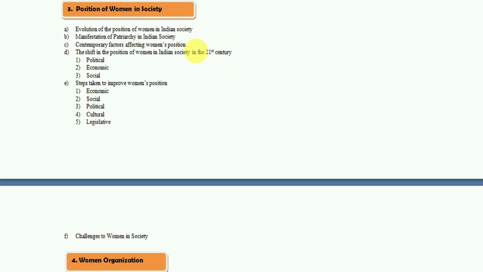So what are the factors of that, and how are we able to find that shift? What is the manifestation of all this shift? Whether it is political manifestation, social manifestation, economic manifestation, cultural manifestation, psychological manifestation, what are these? All these things we have to see. Besides that, we also have to focus upon the steps taken by the government to improve the women's position in